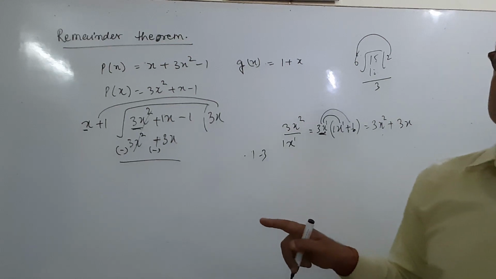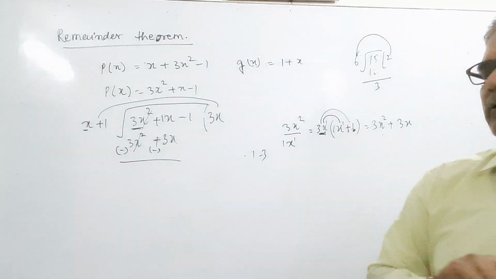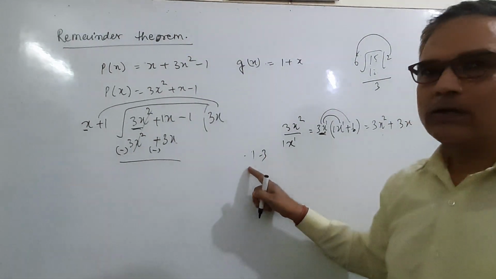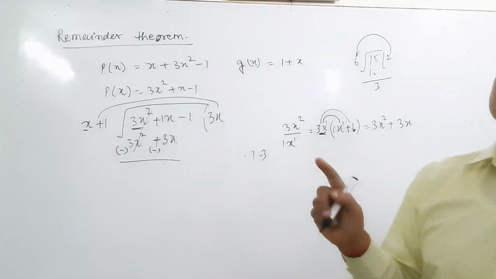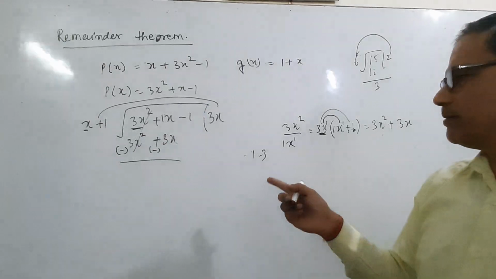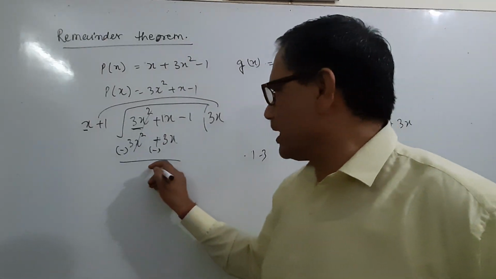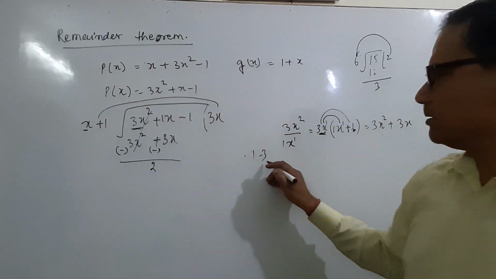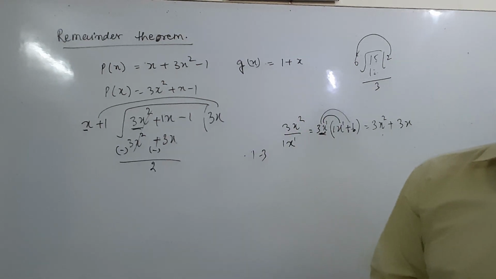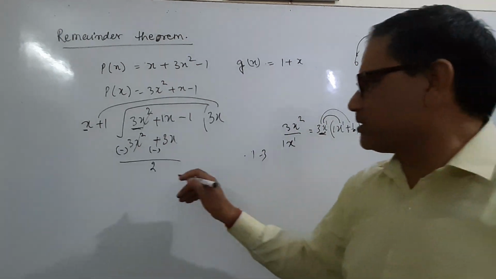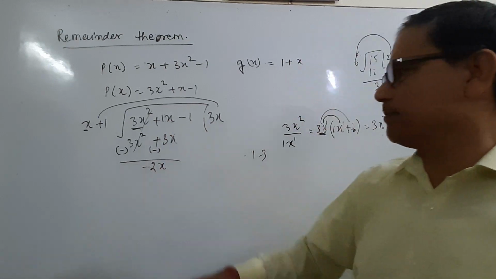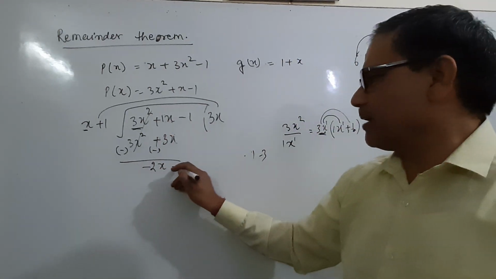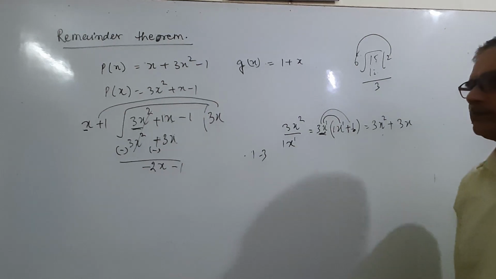And we have to put the sign of the larger number. It means one is plus and one is minus, different signs. So we subtract smaller from larger, 3 minus 1, that will be 2, and put the sign of the larger value. The larger value's sign is minus and the variable is x, x is same. And now minus 1.